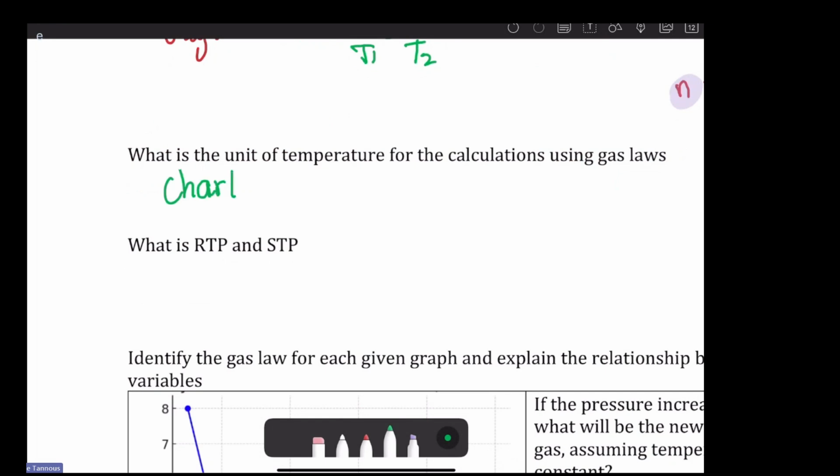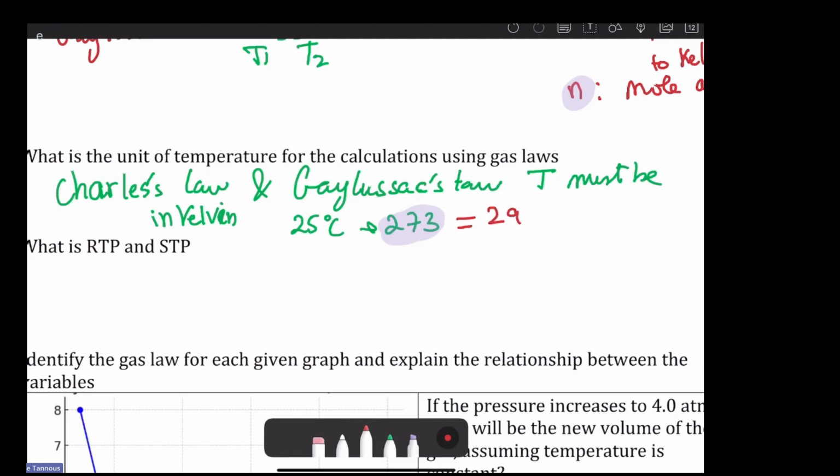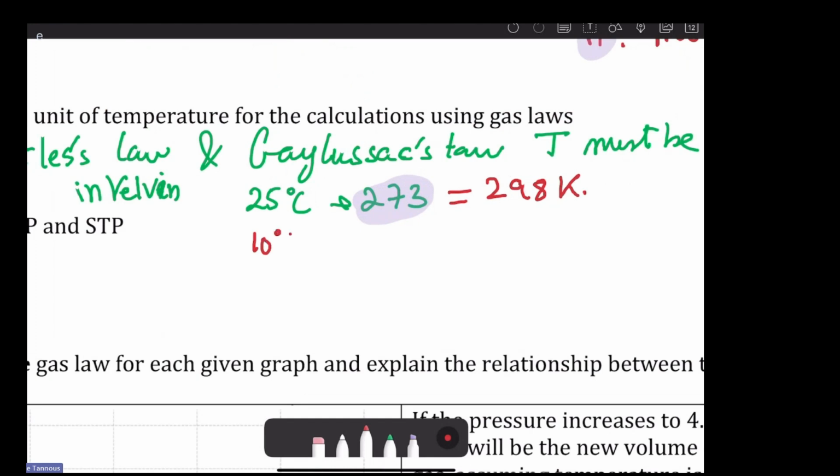Specifically, whenever I'm using Charles' law and Gay-Lussac's law, and the combined law, because these involve temperature, temperature must be in Kelvin. Meaning, if a temperature in Celsius is given, you add 273 and it becomes Kelvin. For example, a temperature of 10 degrees Celsius is given, so I add 273 to it, it becomes Kelvin,